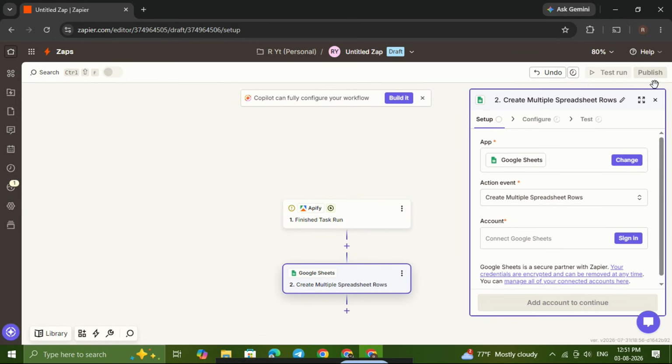Click on Publish. That activates your Zap and turns your workflow live. From that point on, your automation is ready to run whenever the Apify trigger occurs. And that's it. You've now learned how to use Apify and Zapier, connect the trigger and action, test the workflow,